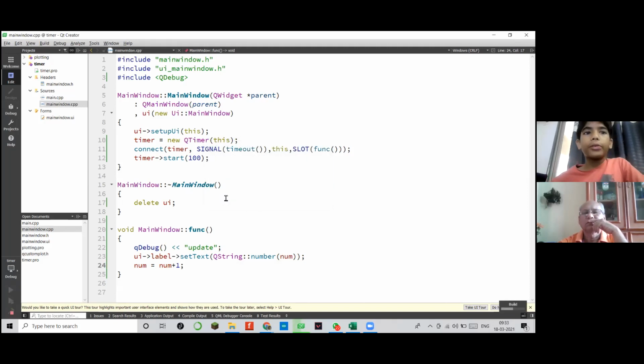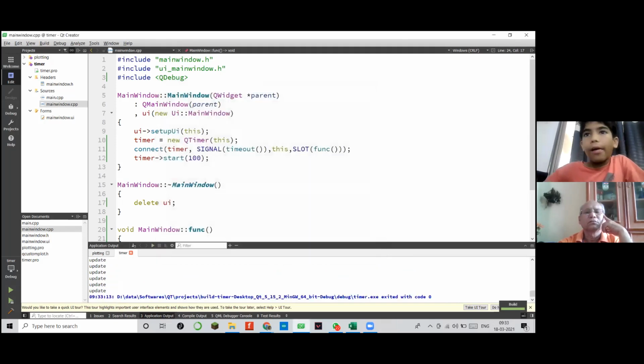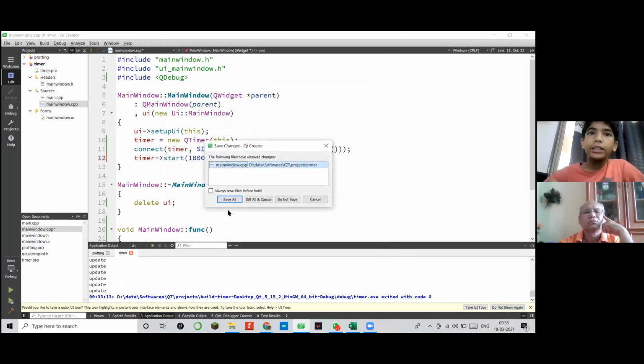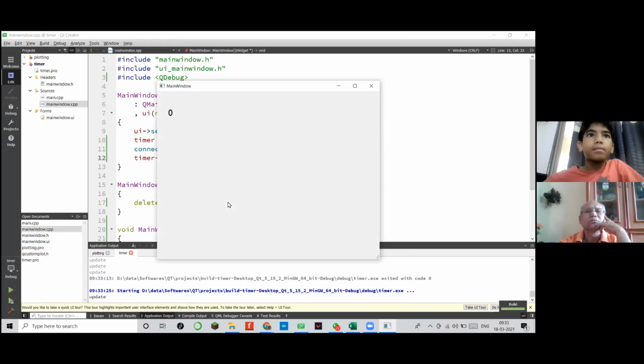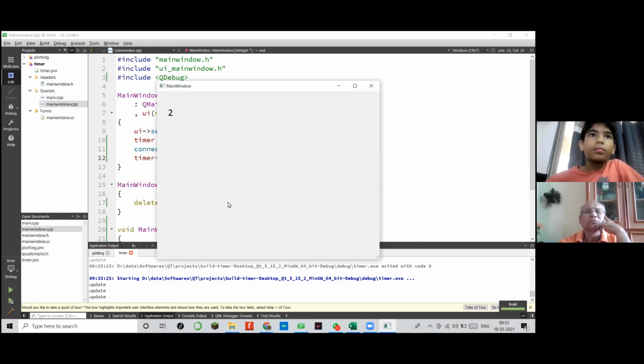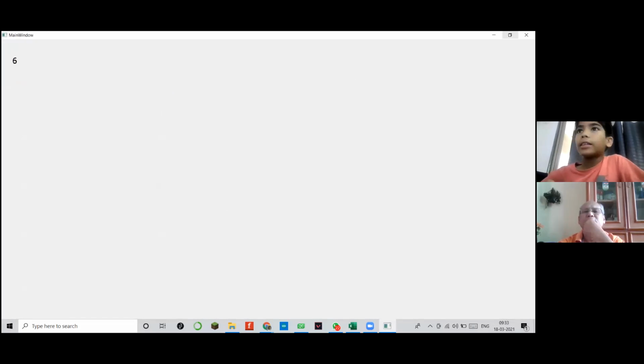What I'm doing here is I print some value, then I update. Now I can also increase the delay. Let's keep it to 1000, which is 1000 milliseconds, that is 1 second. Yes, sir, this is working like this.